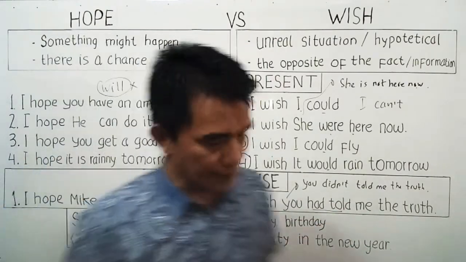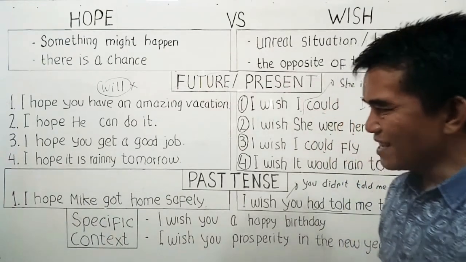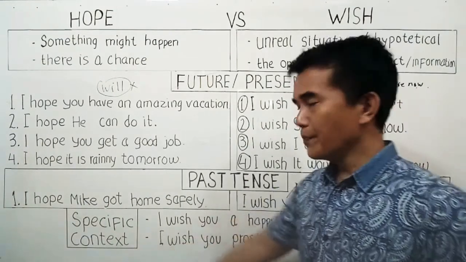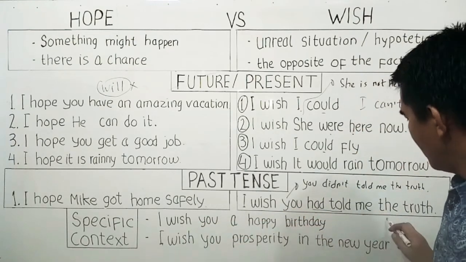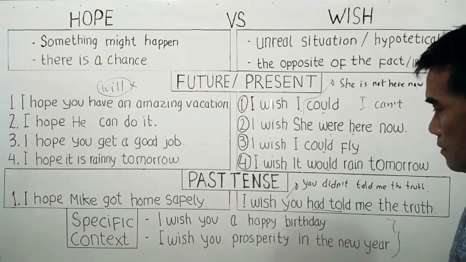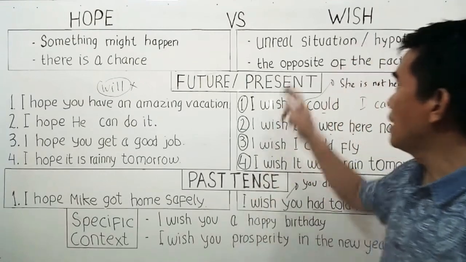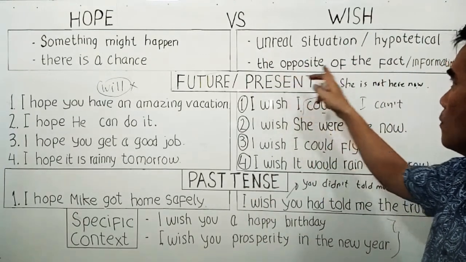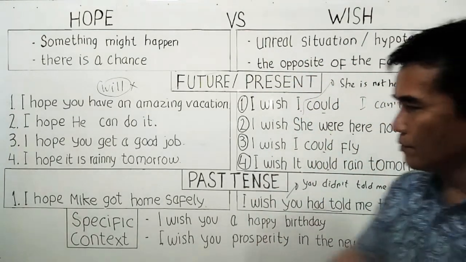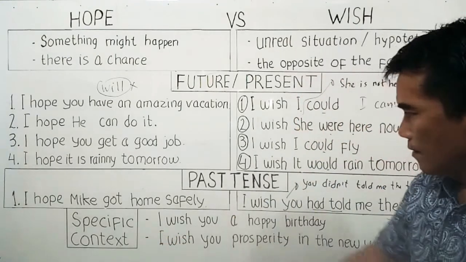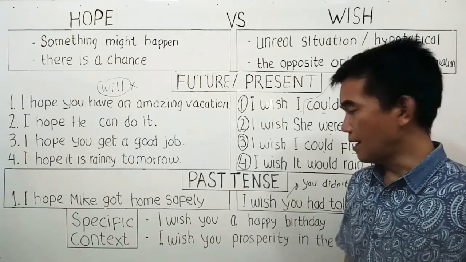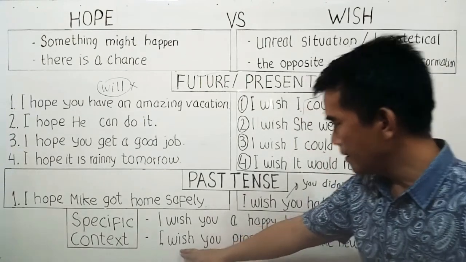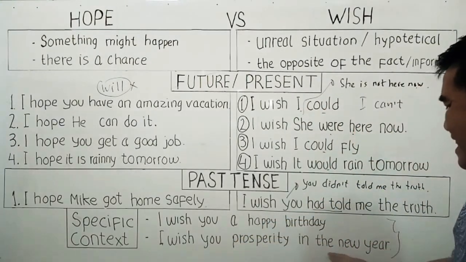The last one is specific context. In specific context we use wish, and in this situation we are not talking about an unreal situation or the opposite of the fact. For example, I wish you a happy birthday. I wish you a happy birthday, and I wish you prosperity in the